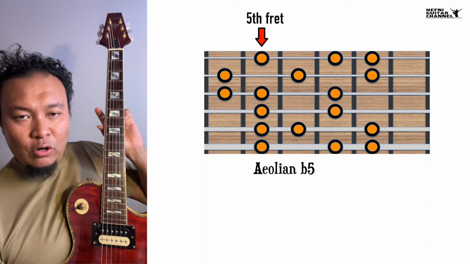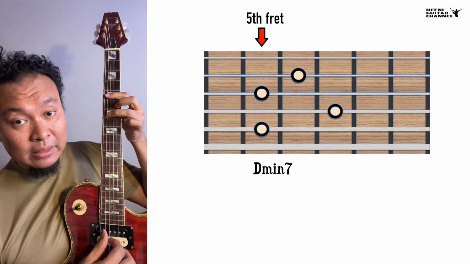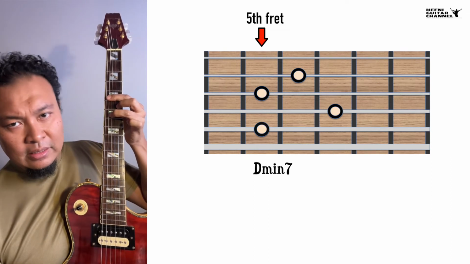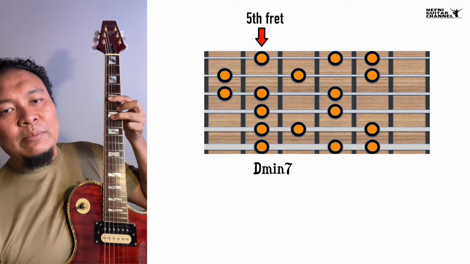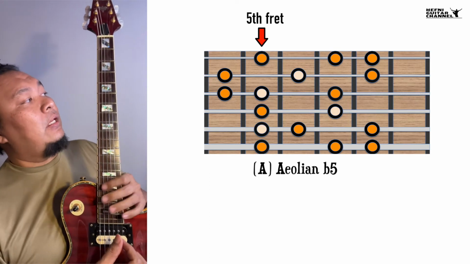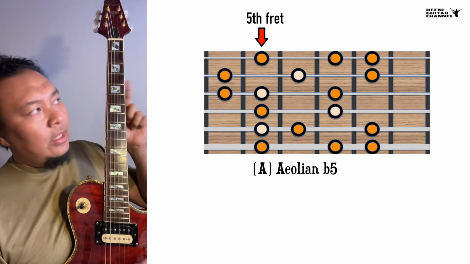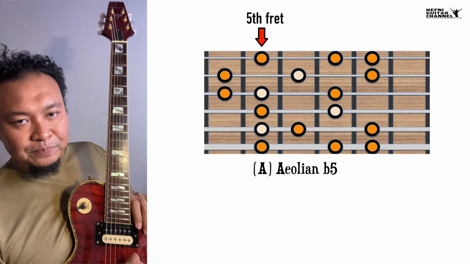Right, and the second chord in the C melodic minor is D minor. So as you can see, D minor fits within Aeolian flat 5. Okay, so peg that chord shape in your memory with your Aeolian flat 5. Okay, so the next chord,